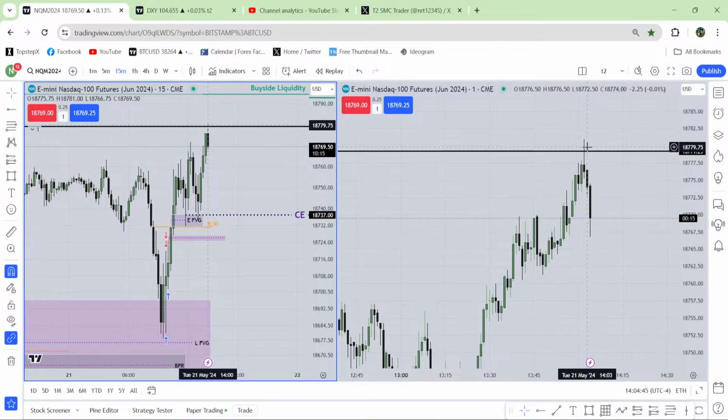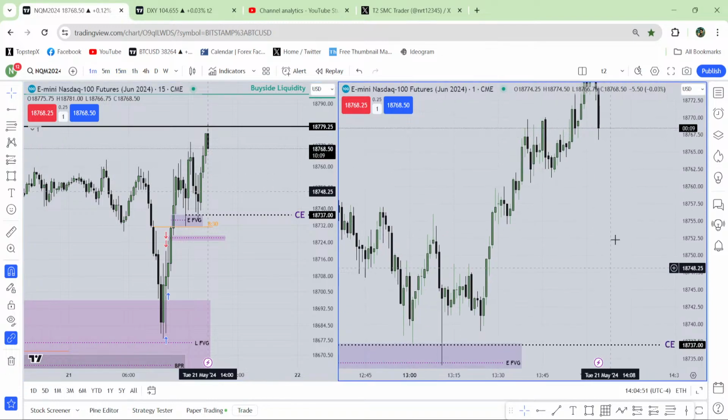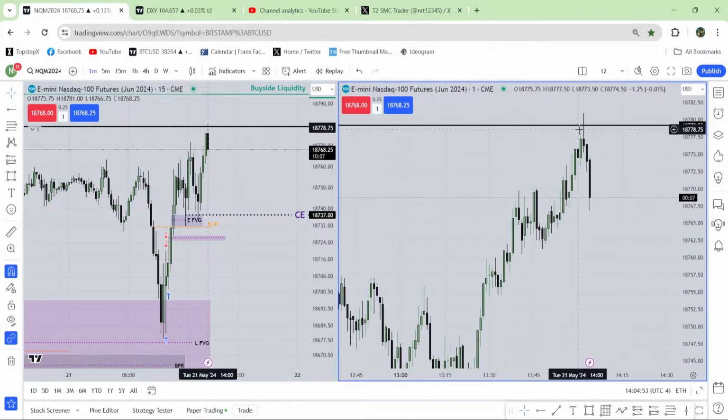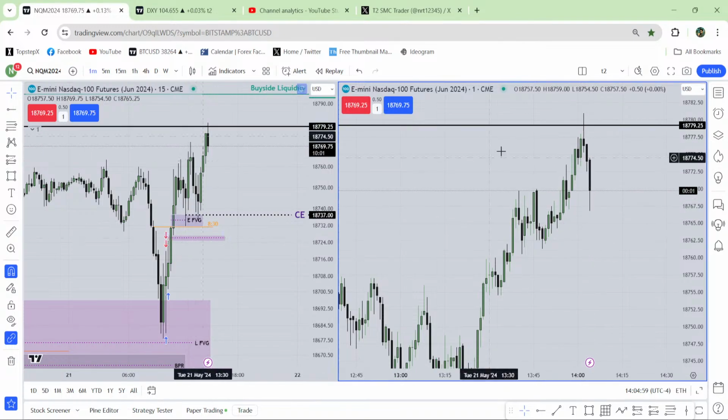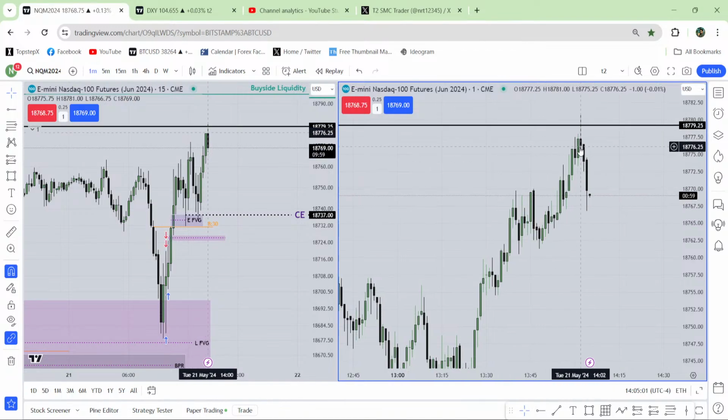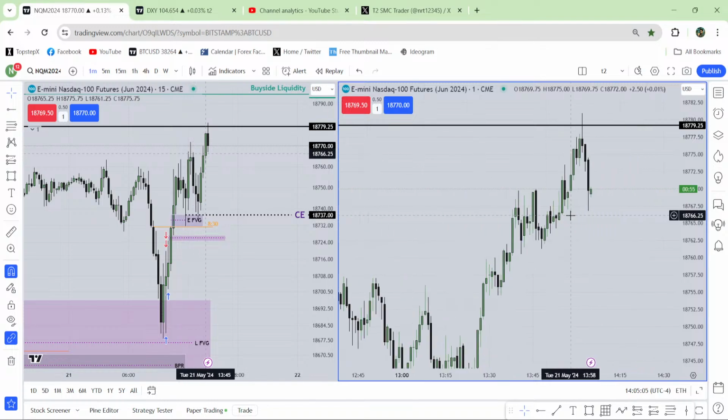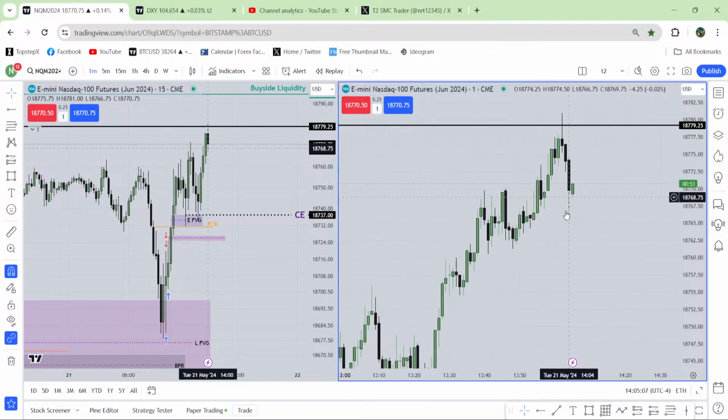The reaction from the rejection block. Just look at this reaction. Okay, I don't need to see market is falling. I don't need to see that. But can you see the reaction from the rejection block? What a reaction, man. This is called precision. Now I'm not getting precision every single time. Okay, sometimes I'm lucky I'm getting that precision. Most of the time I'm not getting it.